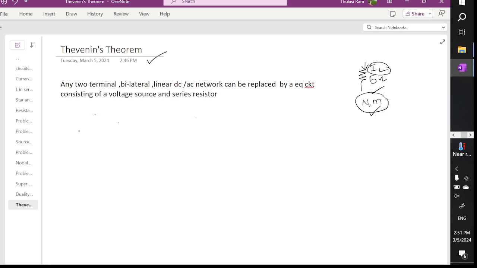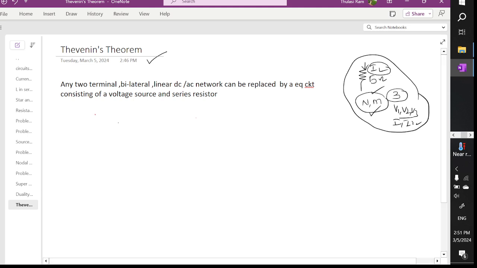Rather than using this rigorous method, which is time consuming, and we may have 3 nodal equations with 3 unknowns, we need to solve all these 3 unknowns to find v1, v2, v3, and to find i1, i2, i3. All this complexity can be reduced by the next network reduction method called Thevenin's theorem,